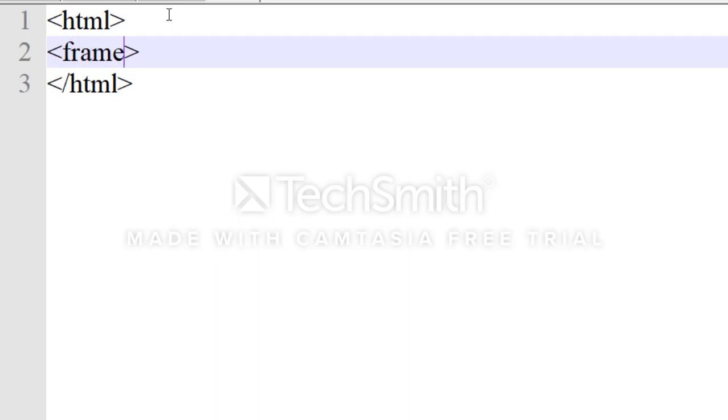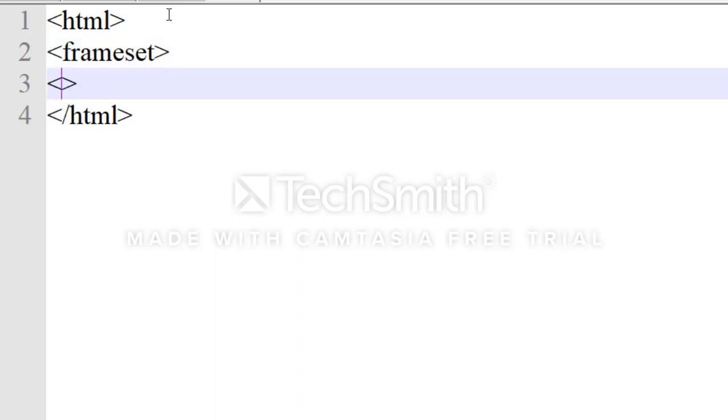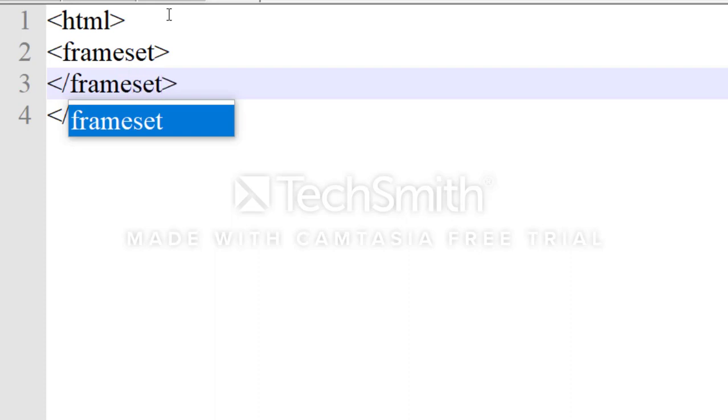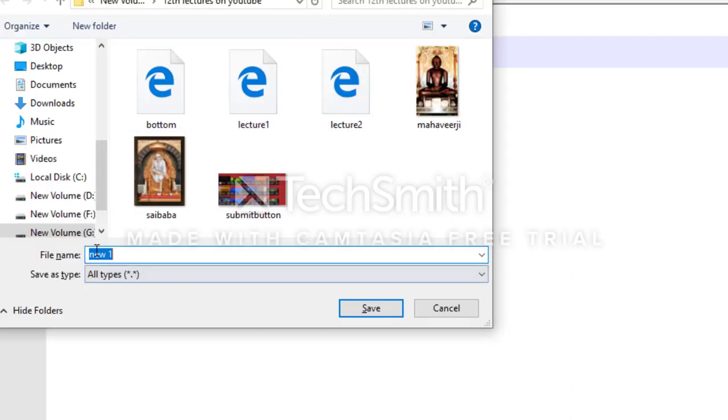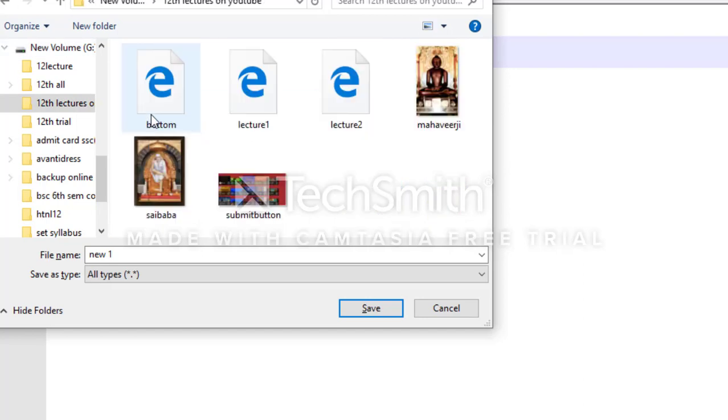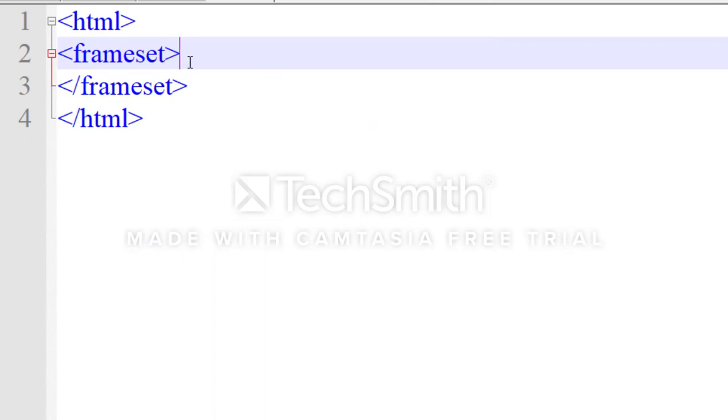That's why I will set the frameset tag, open and closed. Save this file in the same folder as frame dot html.